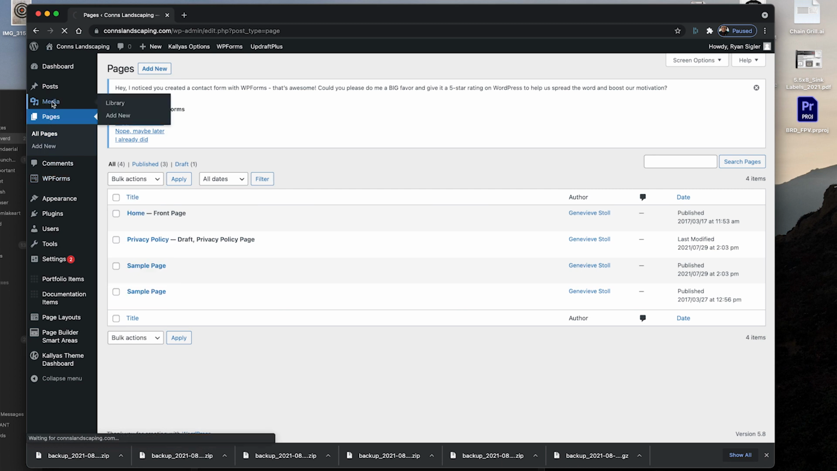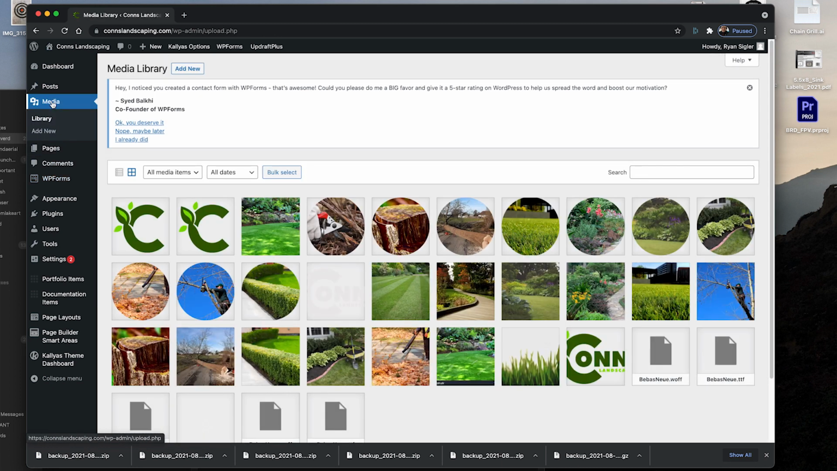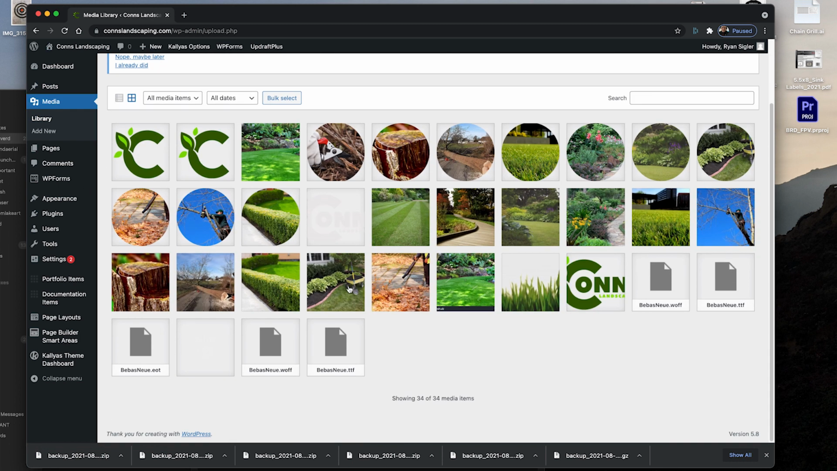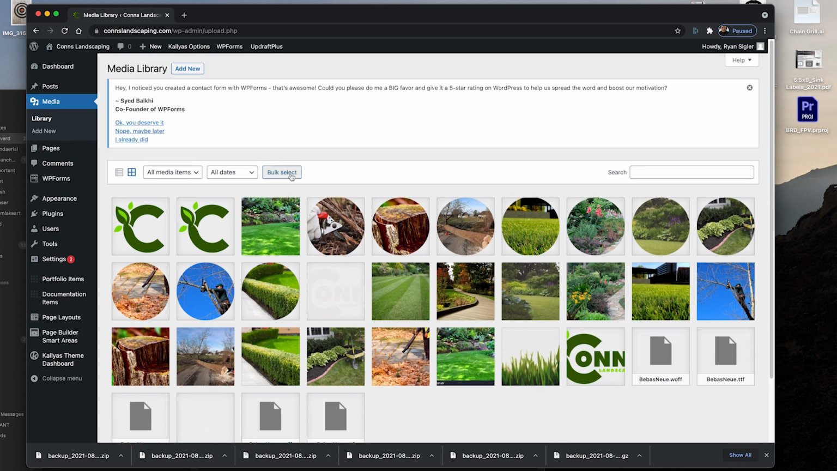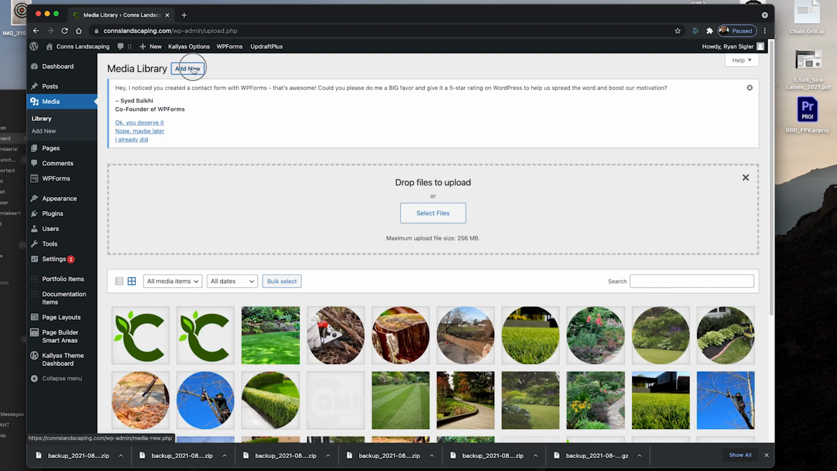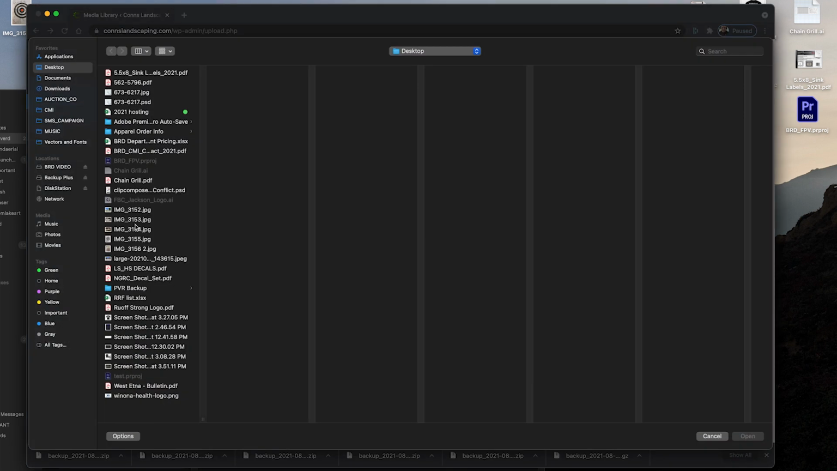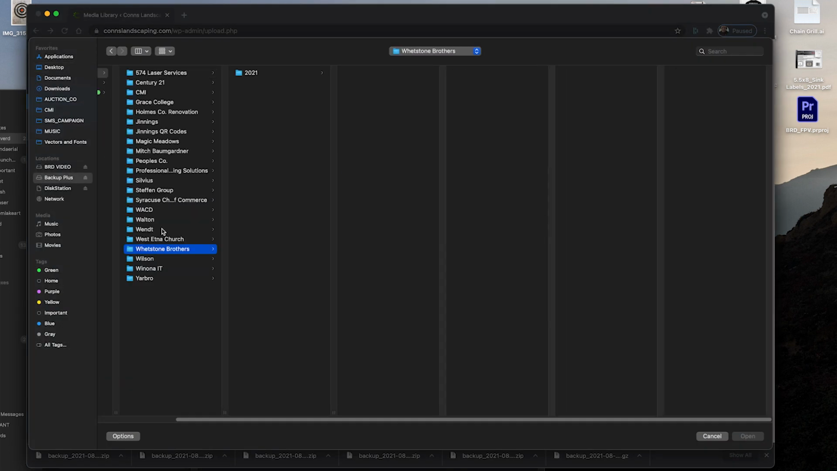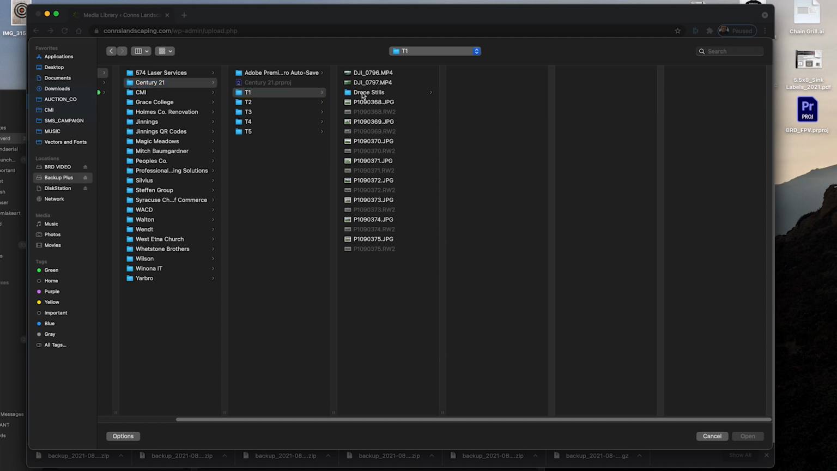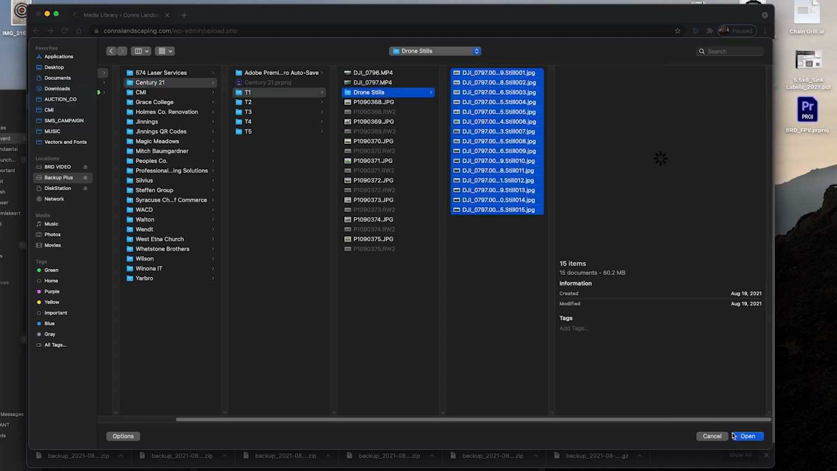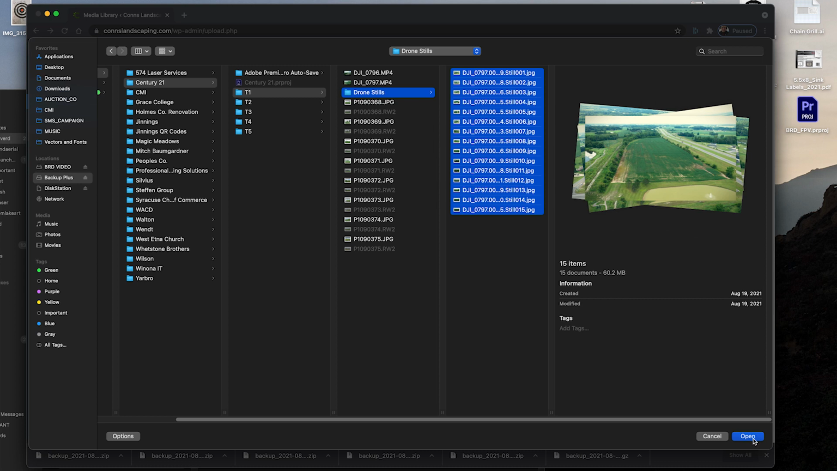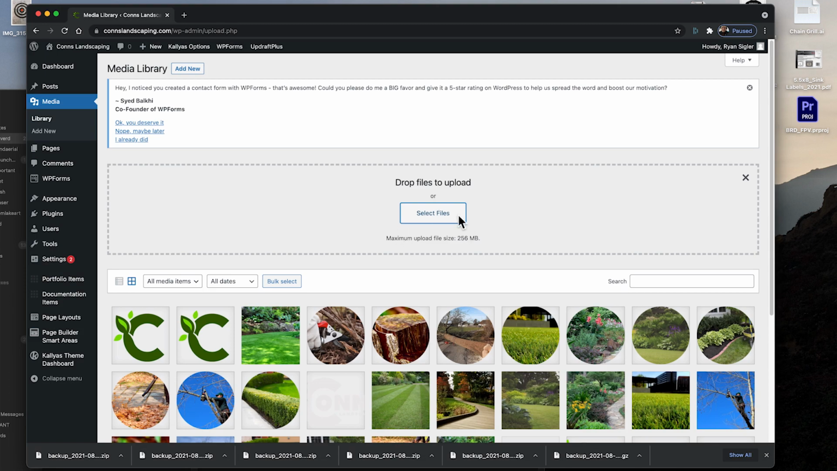Media, here you can bulk upload photos. So let's say you took 100 photos and you want to drop a bunch of photos in here. We can hit add new, and you can either drag and drop, or you could go in here and select a whole folder of photos if you wanted. For instance, like all of these photos here, we could hit open